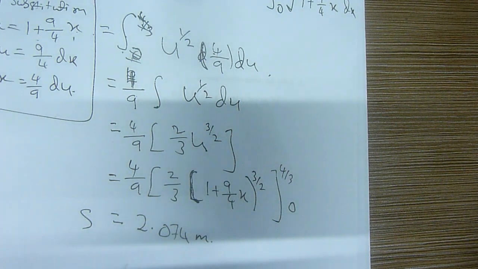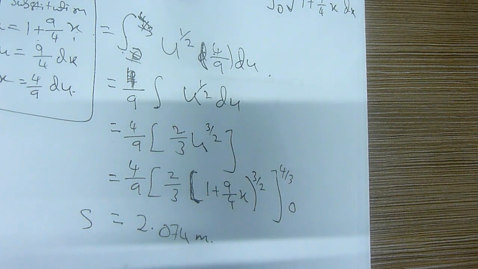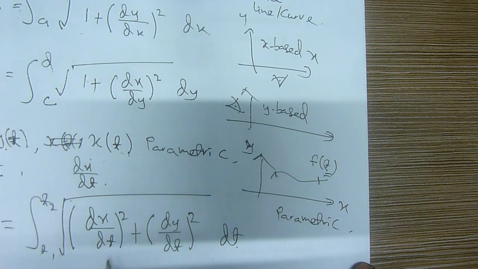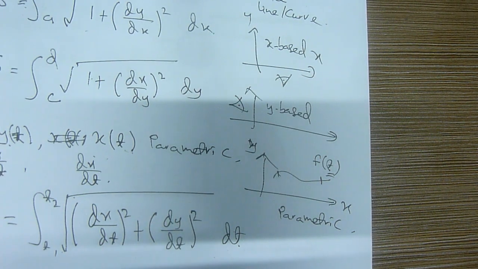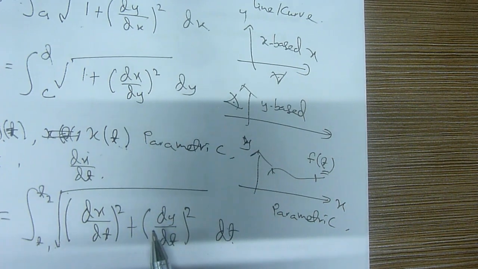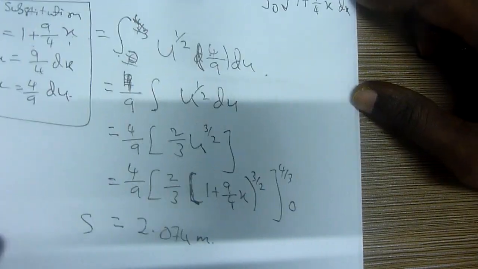Is it possible for me to calculate for the parametric, because the challenging one is the parametric. At least I show you one example of parametric. Is it worth continuing? I'll just show you one example, a very quick one. After that, maybe we'll see how much we can cover. Okay, now,